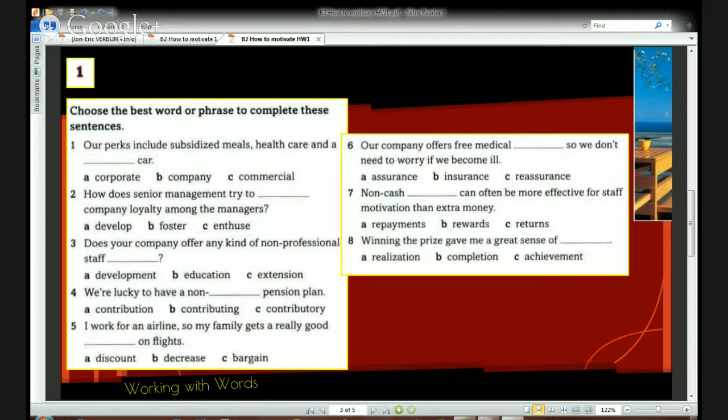Well, I guess make stronger. I wouldn't think about it like that. I mean, I'm just thinking about the way we use it. Foster really means to, yeah, I guess it makes sense to say to make it stronger too. But